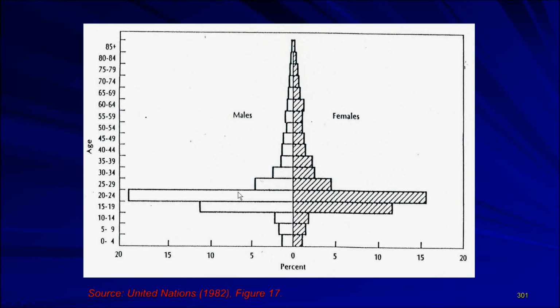And what do the data indicate? That there are more males between 20 and 24 than females. And near the apex up here, there are more females than males. And 35 to right in here, you see that there are more females than males. And people ask and speculate why, and some of that is men being killed in war, risky